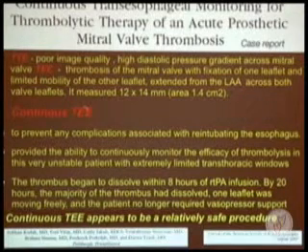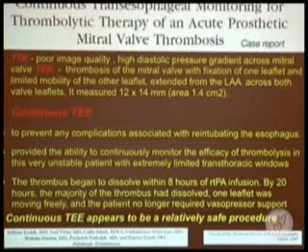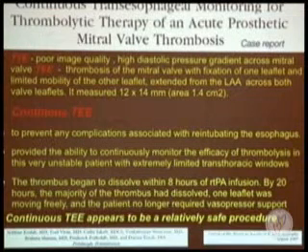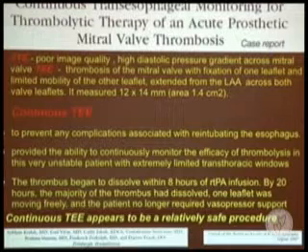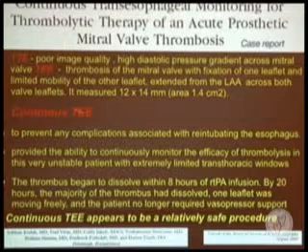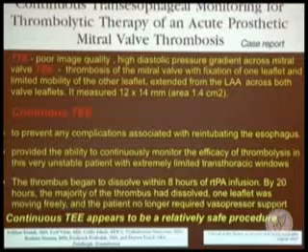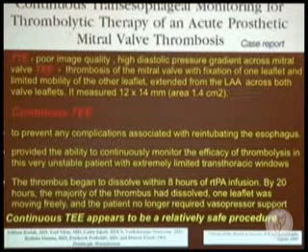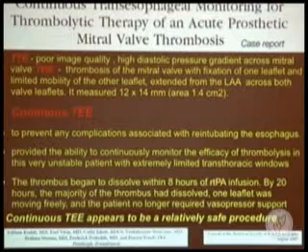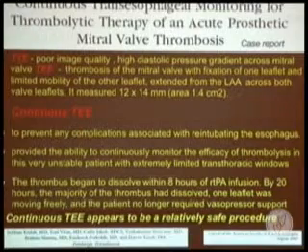Continuous TEE was performed to prevent any complications associated with re-intubating the esophagus and to provide the ability to continuously monitor the efficacy of thrombolysis in these very unstable patients. The result is the thrombus began to dissolve within 8 hours with rtPA infusion, and after 20 hours, the majority of thrombus had dissolved, and the patient no longer required